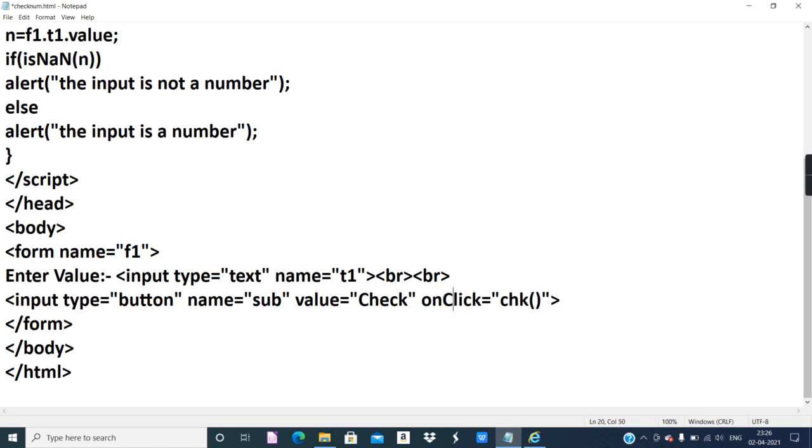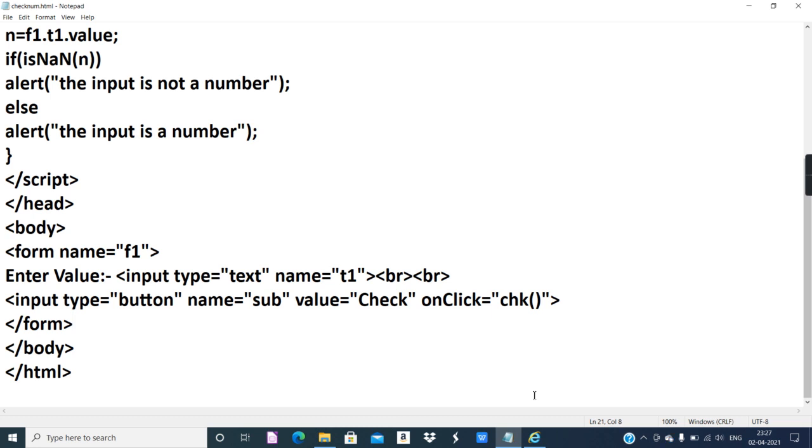Otherwise, if you give small c, no problem, since it is used inside an HTML tag, it is not case sensitive. Not case sensitive means C does not have to be a capital letter. If you give a small letter, it is going to work. But no problem, if you still give a capital letter, it will still work.